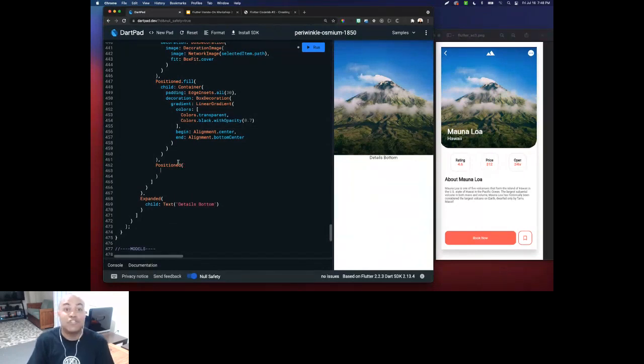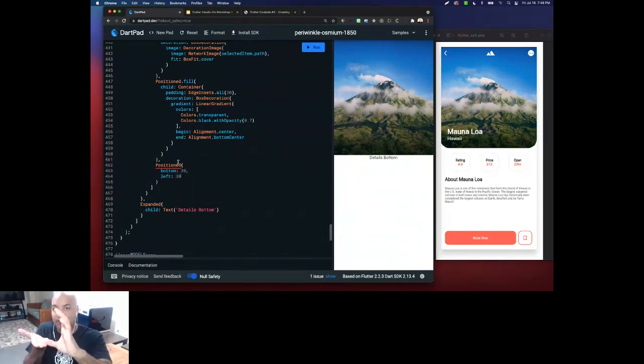right? And then you add, for example, I want to add those labels. Remember, when you add it right away, the Positioned widget is going to put it at the 0 location, like the top left. The default coordinates are 0, 0, right? But in this case, I want to add 30 pixels from the bottom, kind of simulating padding. You could also add your widget and then add padding, but in this particular case, I wanted to show you the Positioned widget. So you could do bottom 30 pixels, left 30 pixels. Now I'm lifting that container 30 pixels from the bottom, 30 pixels from the left,